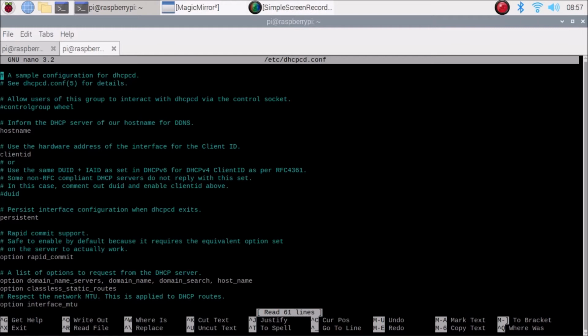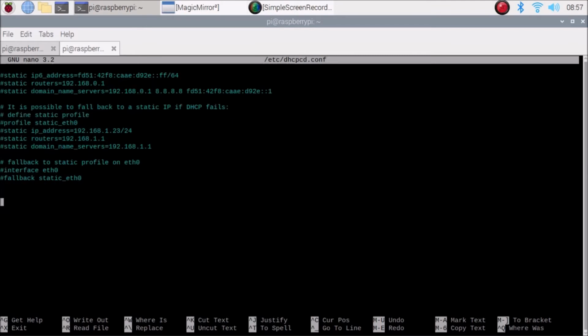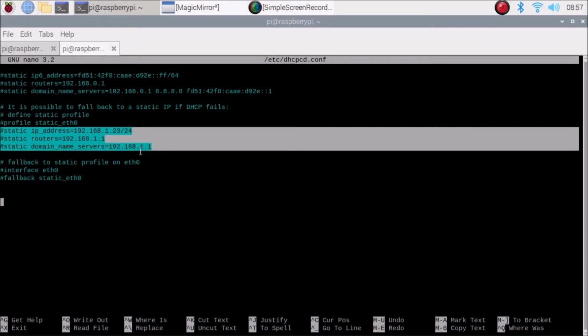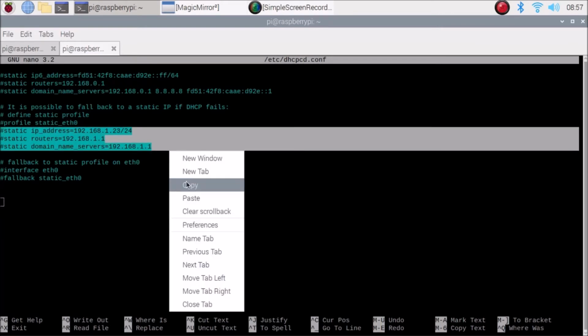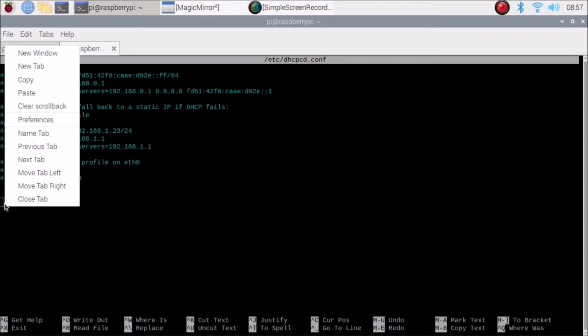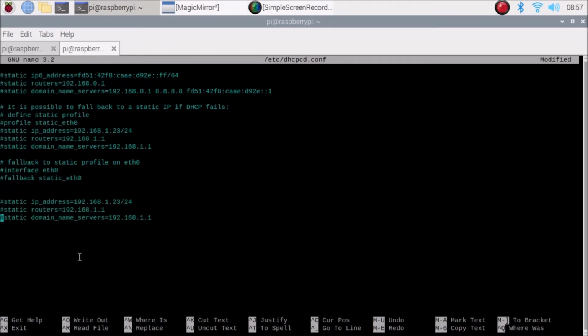So we are now inside the /etc/dhcpcd.conf file, and we need to come to the end of the file. Here we simply need to copy these three lines, starting from static and ending at the name server. So copy and just paste at the end, and first uncomment this line, just remove the hash from the front.